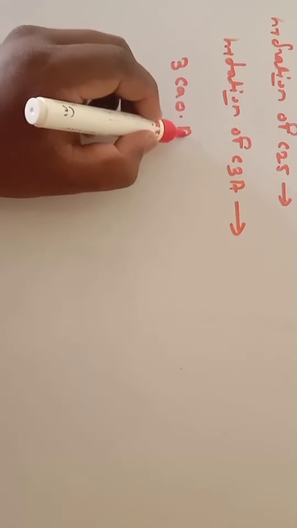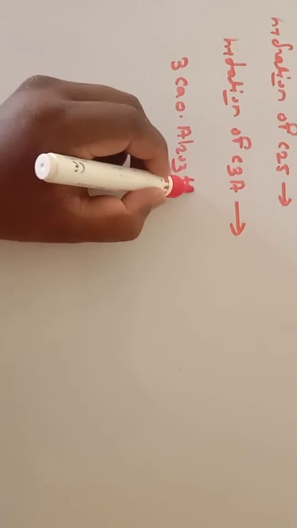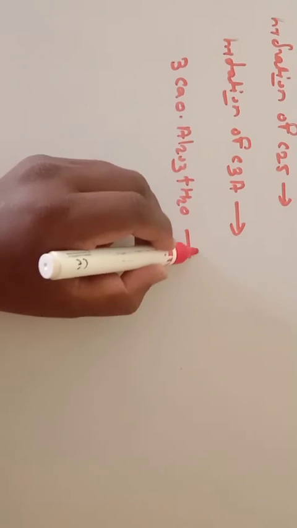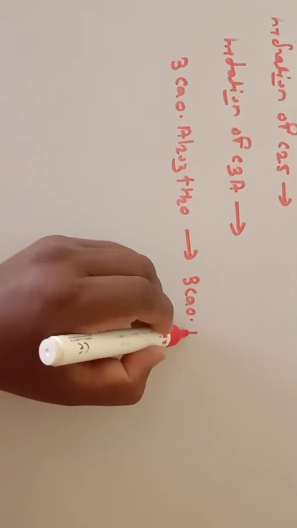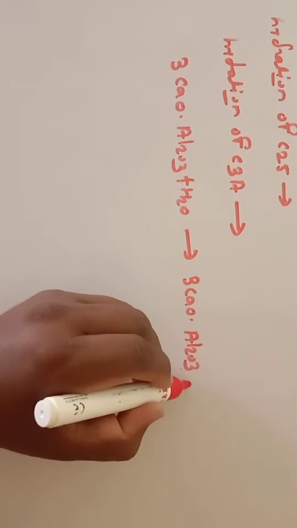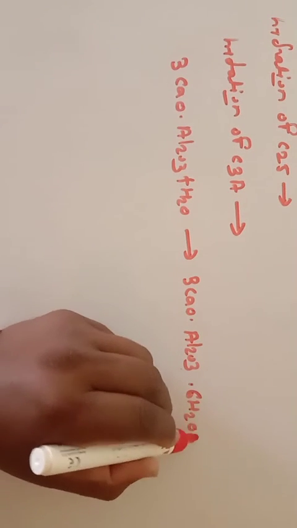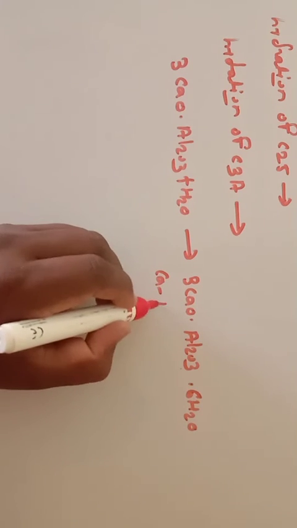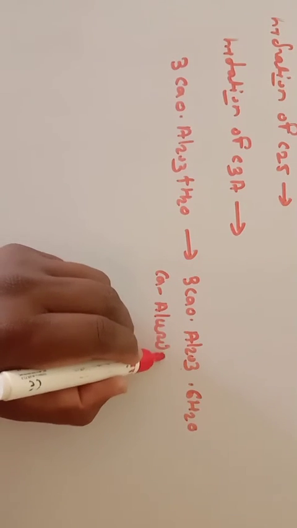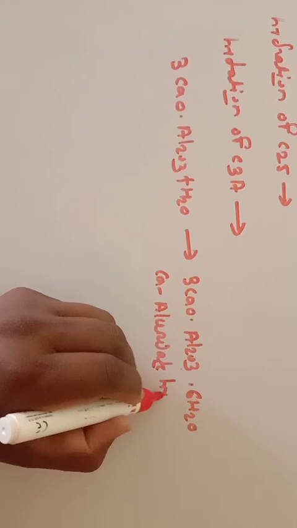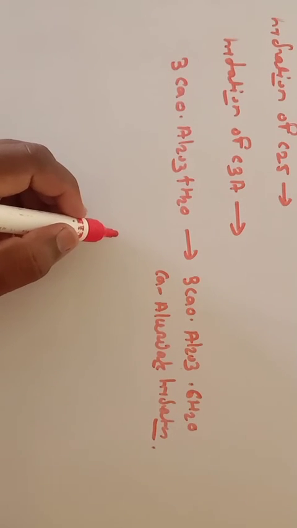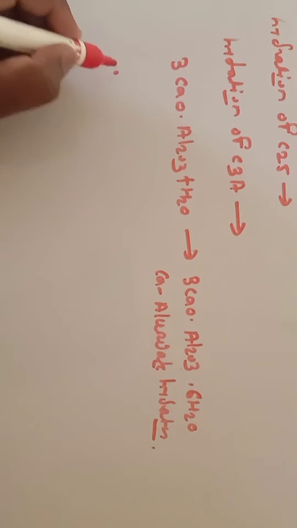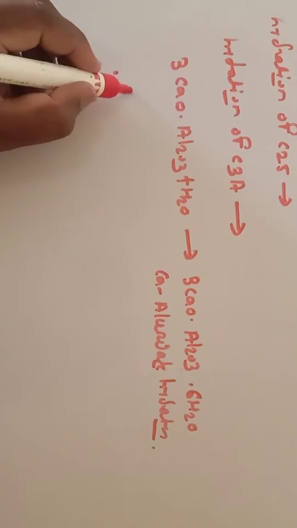Tricalcium aluminate reacts with water, and there is a formation of calcium aluminate hydrate. If you consider this, calcium aluminate hydrate hydrates rapidly